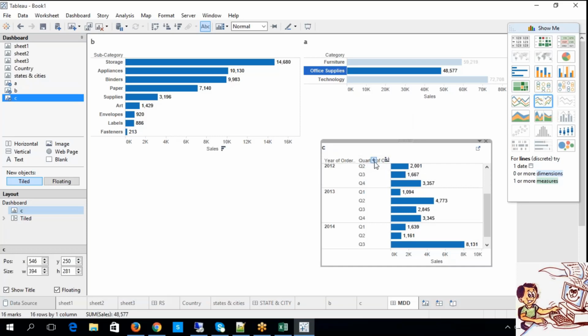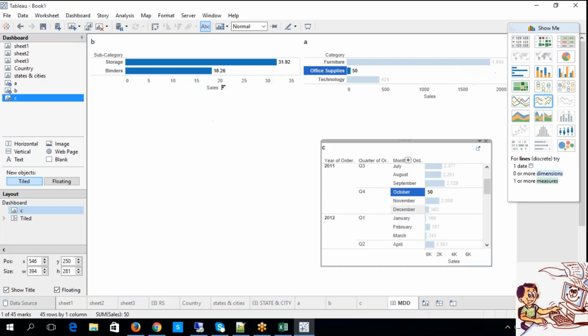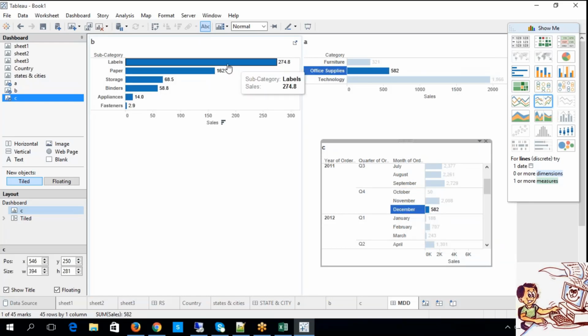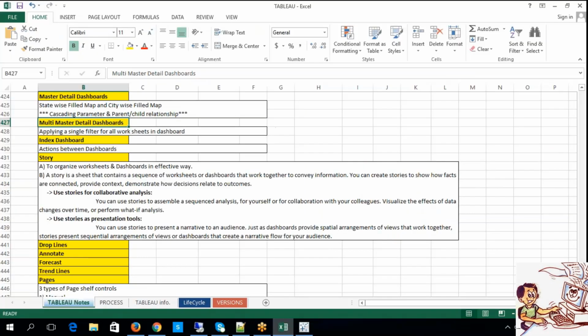The corresponding activities, now look at this, month-wise. 18 plus 31, 32, that is 50. Now look at this, 582, this equals this one. Likewise, it gives you the corresponding values, guys. This is the beauty of multi-master detailed dashboards.